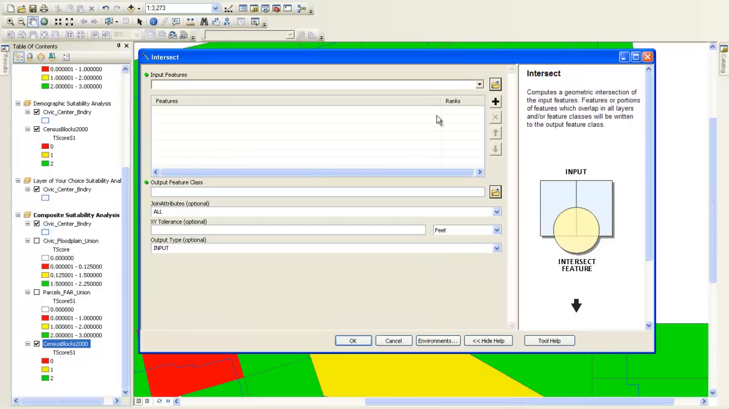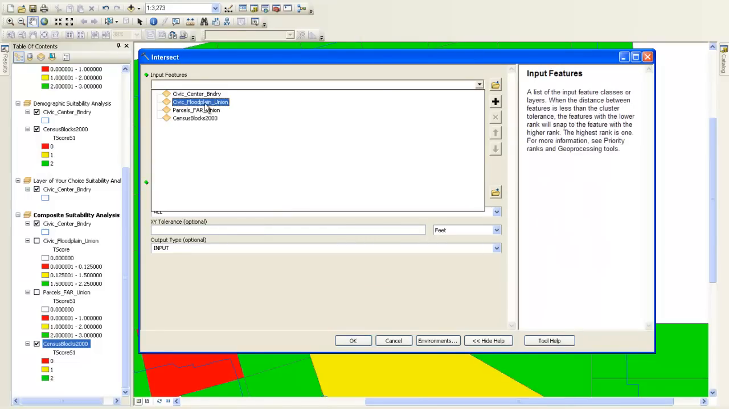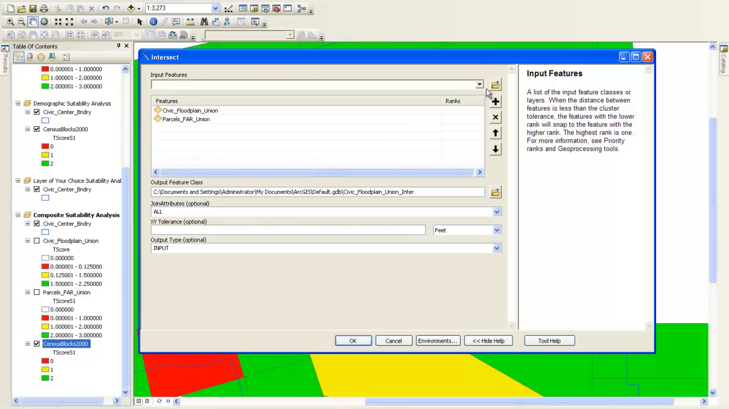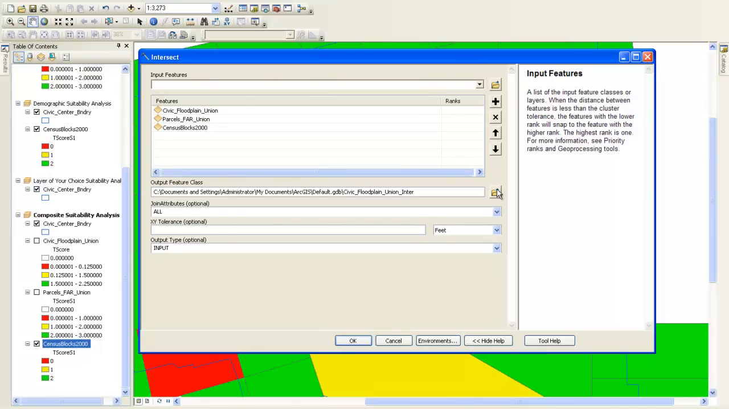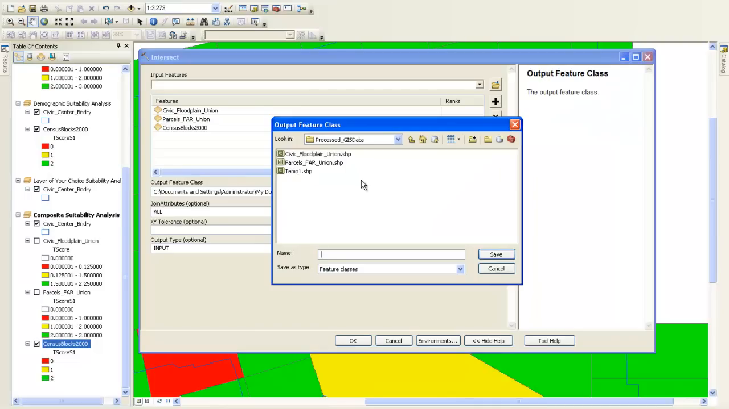And what we're going to do is we're putting our input features in. And we will be using the civic floodplain. We will be using the FAR, parcels FAR union, and the census blocks. We will want to designate where we're putting this. And again, I'm going to put this in my process GIS data files, and I'm going to call it